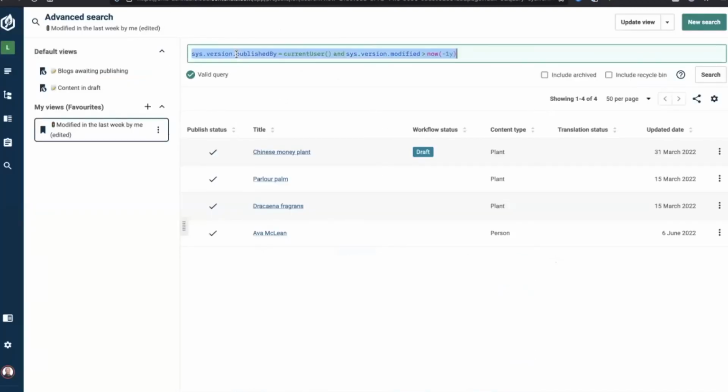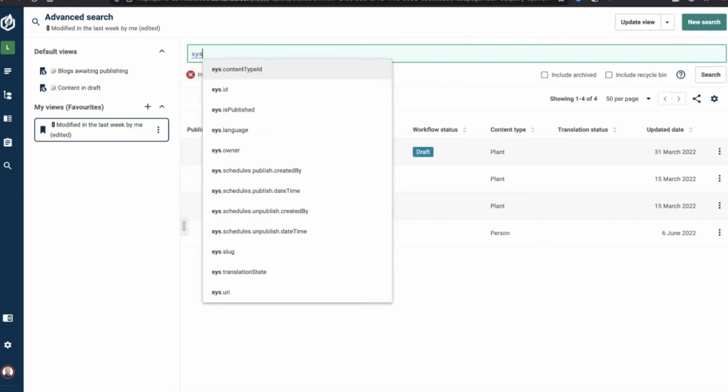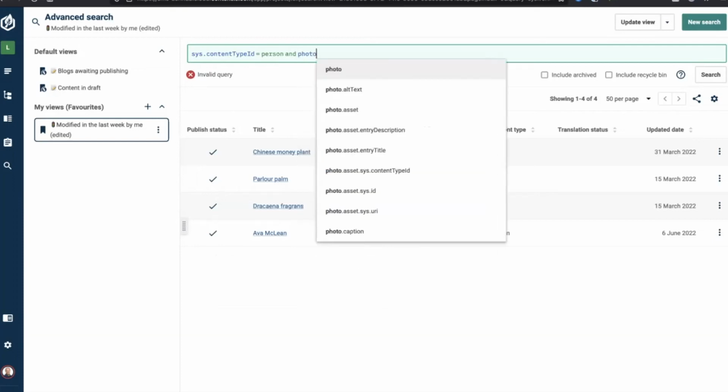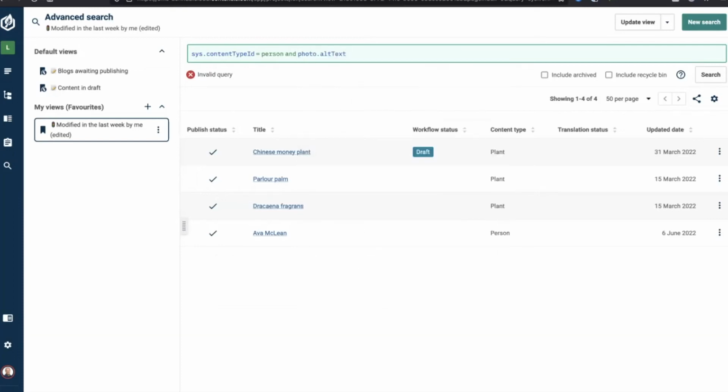But before we leave, I just want to show you another one. Just on the accessibility front, a bunch of you might want to understand which images in your content fields don't contain alt text. So you can do that as well. If I do this example of sys content type ID equals person, and in my case, photo dot alt text is empty, you can now find that these 1, 2, 3, 4, 5 entries here don't have any alt text